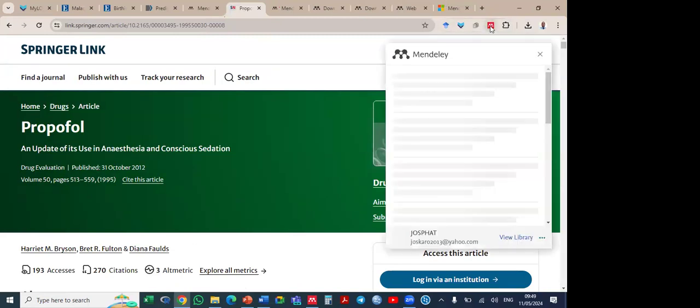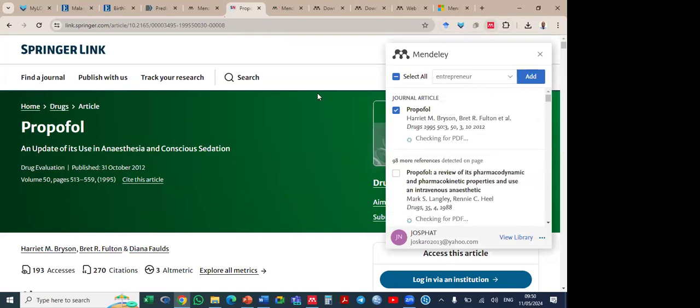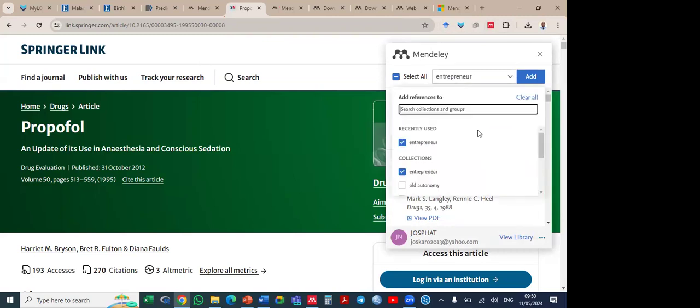So once you click, it will open. One thing that you are going to note is the title of the article that you have already opened and all the other details. It's also going to tell you whether there is a PDF format of that article. Good. So my concern is the collection. So just see whatever is open there. Where it is written entrepreneur, I want to click there and see whether I'm able to select